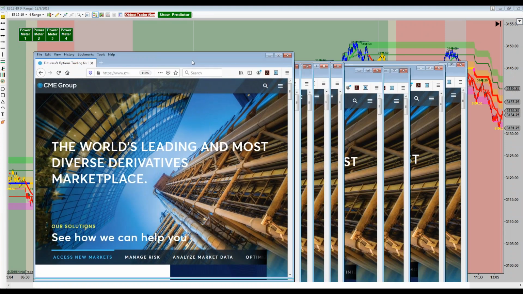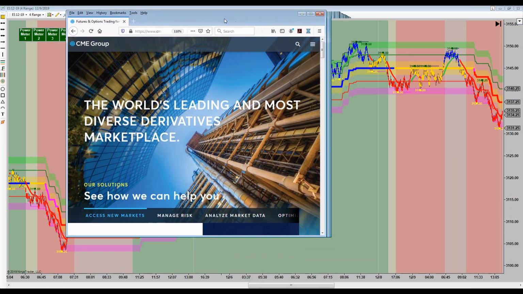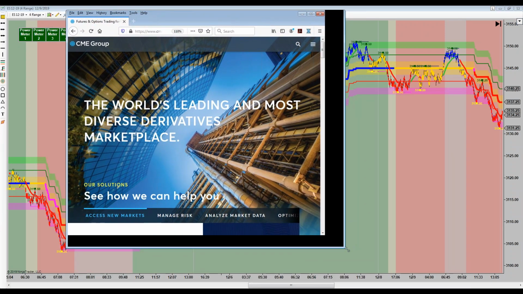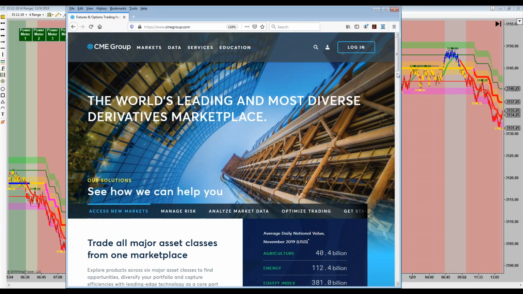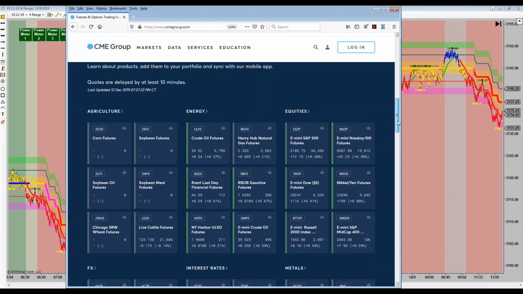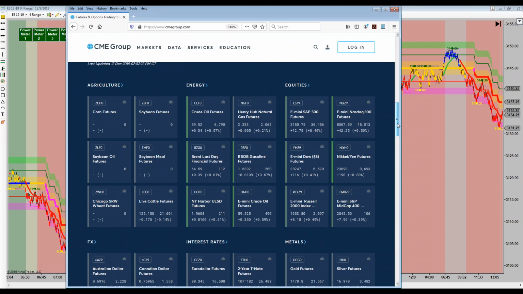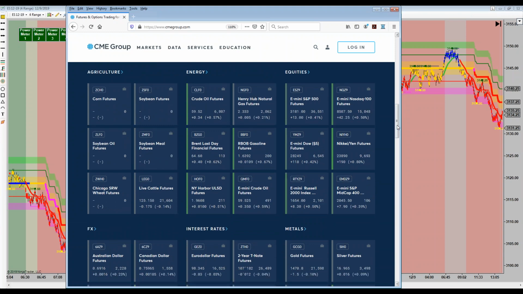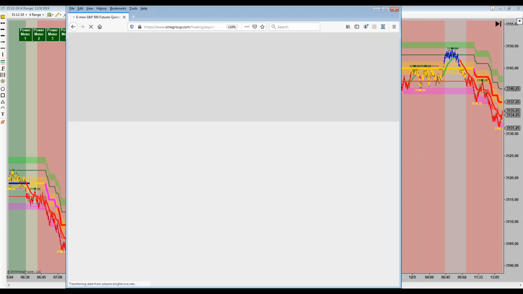This is our go-to site for futures. If you're going to trade them, you pretty much want to bookmark this, cmegroup.com. If you scroll down towards the middle of the page, you're going to see a matrix of trading instruments that looks like this. So here you can see that this ESZ9 is the E-mini S&P futures. Here's the NASDAQ futures, mini Dow, and here's the Russell. The front month is December. So you click on this,